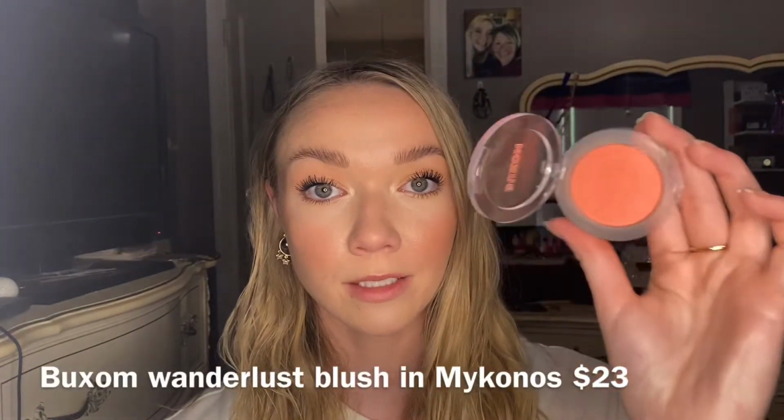So for blush in the summer, I really like to go more peachy, coral, orange, that kind of vibe with my summertime blushes. So I picked out 3, but the first one is Mykonos from Buxom. I mean, this is just the most beautiful corally, peachy blush that you've ever seen in your whole life, isn't it? I'm wearing this today, but this is just the perfect color,